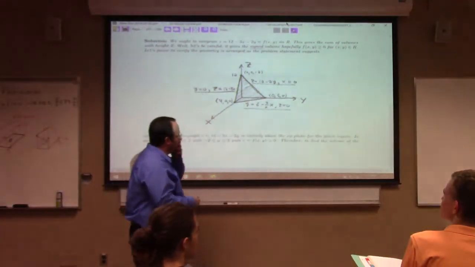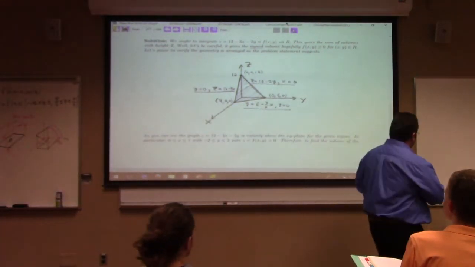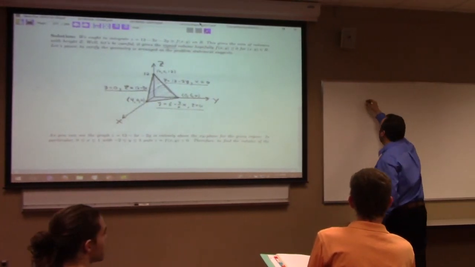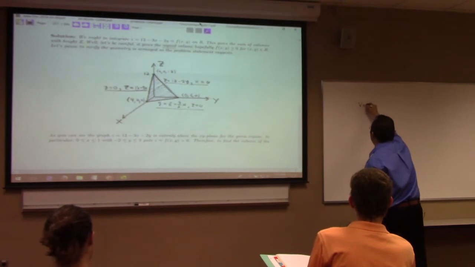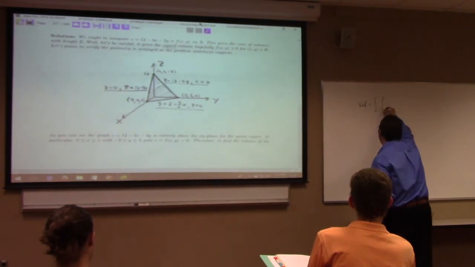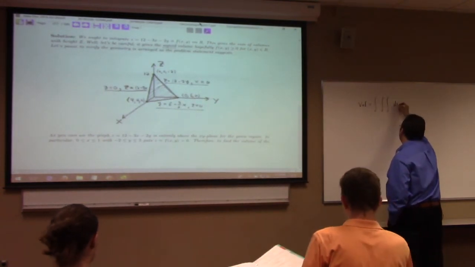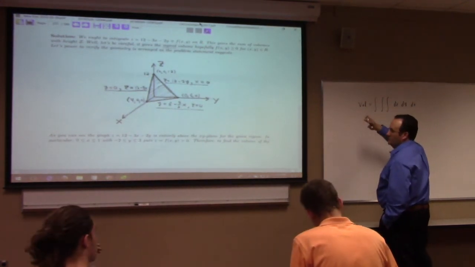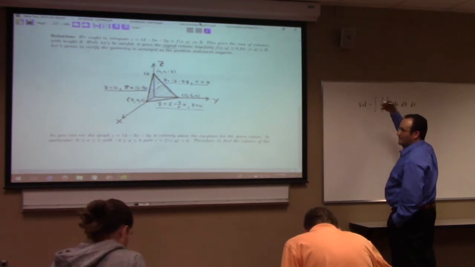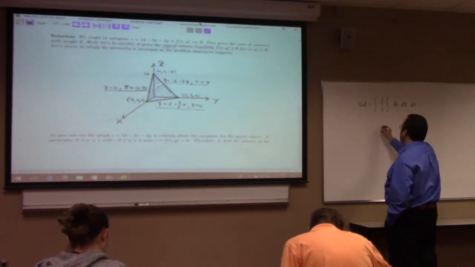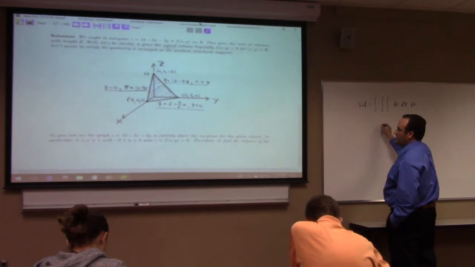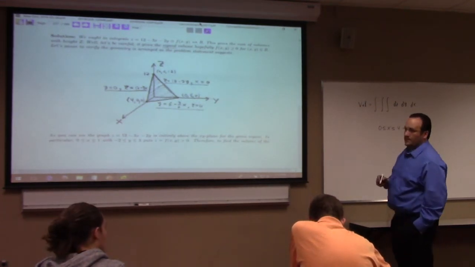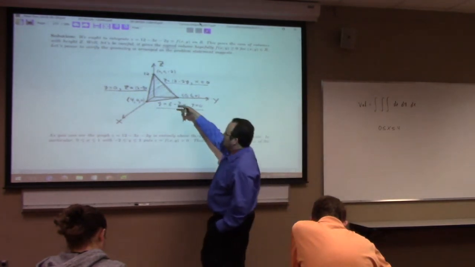Let's think about this here. Just to set up the integral as a triple integral, start with dz, then go to dy, then go to dx, right? So try to think about sculpting this region. I would notice that x goes between 0 and 4, right? Then if you focus your attention here,